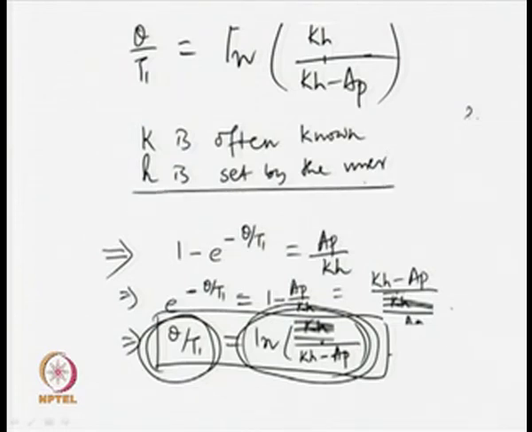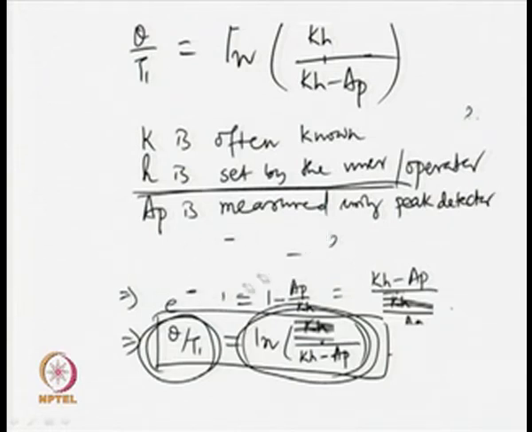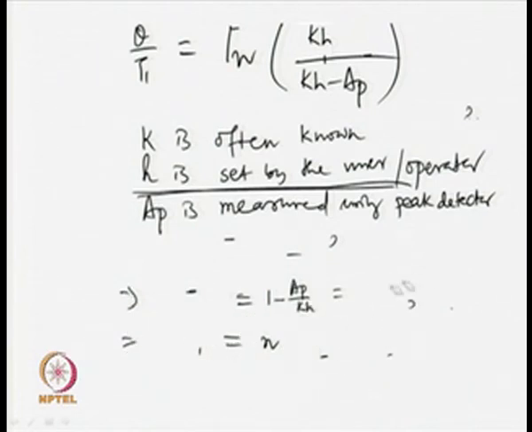So, the relay amplitude is set by the user or operator. AP is measured using some peak detector. Thus the right hand side of the expression is known. Using the right hand side and left hand side, it is not difficult to get the transfer function model